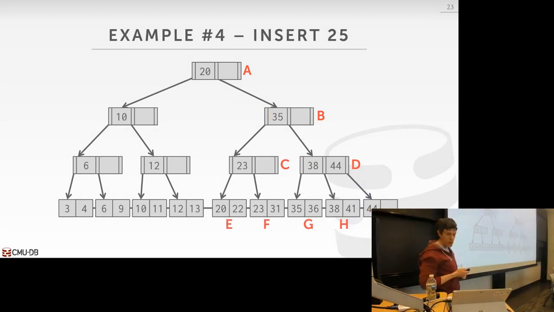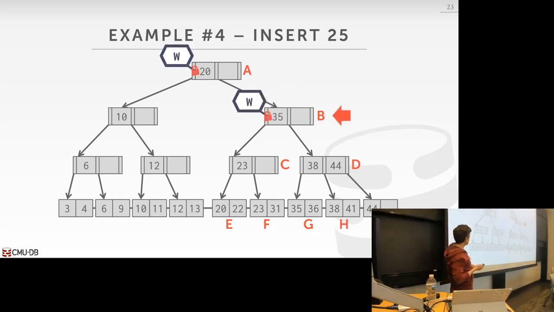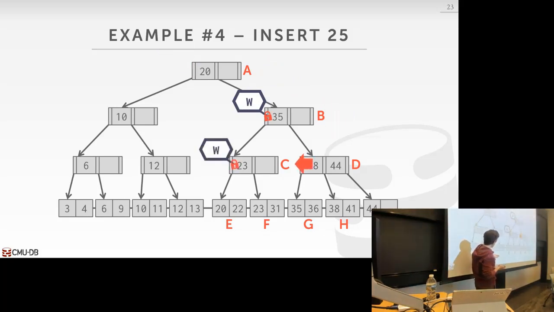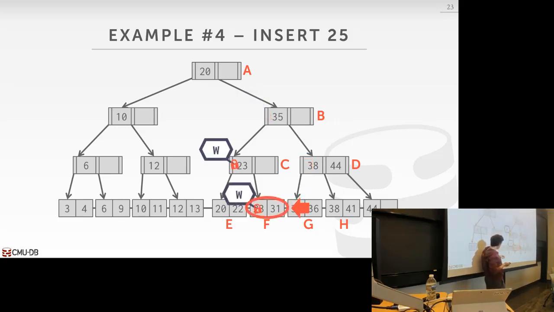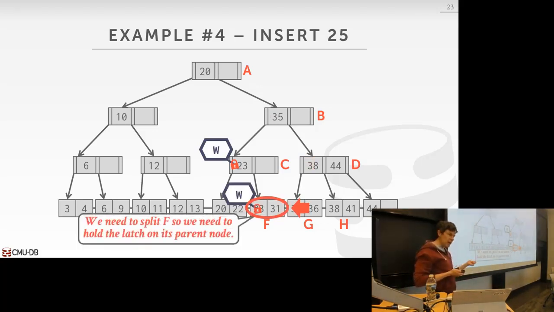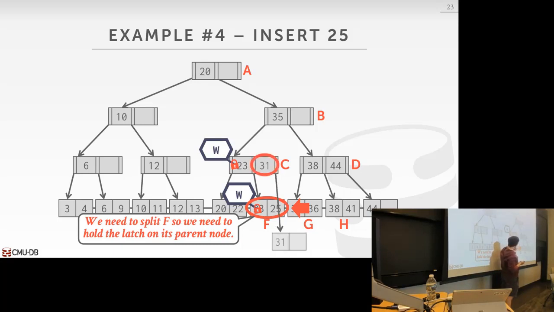Let's look at one more example where there could be a split. So I want to insert 25. Same thing, write latch on A, write latch on B. B won't get overfull. I can release the latch on A. I come down to C. C is not going to get overfull. So I can release the latch on B, but then now I come down to F, and now I see I need to do a split. So in this case, I need to hold the latch on my parent node C while I make the change. So I first insert 25 here, take the spillover page over here, put 31 there,